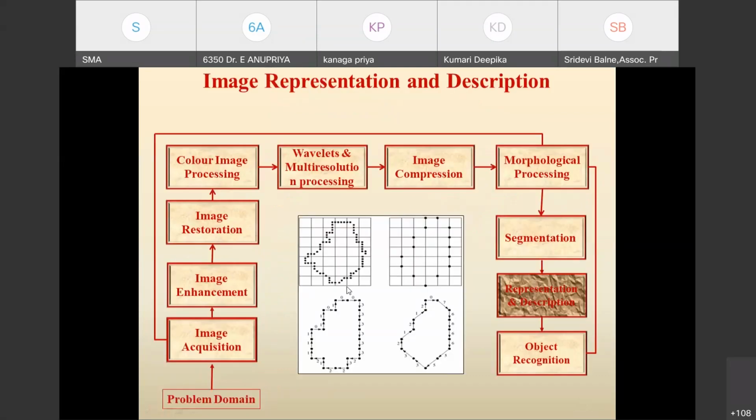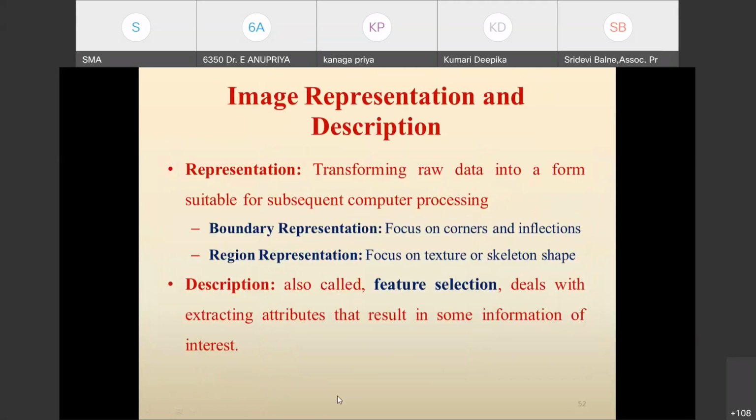Next one is representation and description. As far as the representation is concerned, it is transforming the raw data into a form suitable for subsequent computer processing. Normally, the representation could be a boundary-based representation and a region-based representation. Whenever we consider the boundary-based representation, we make use of the